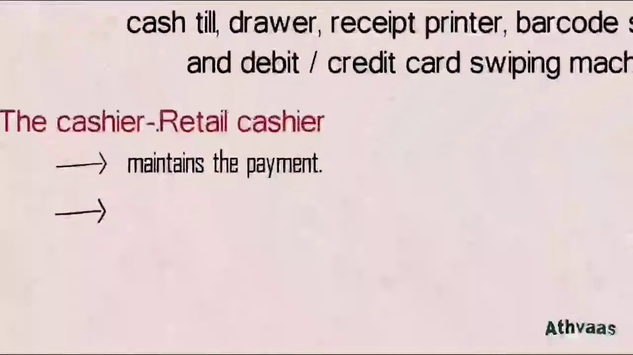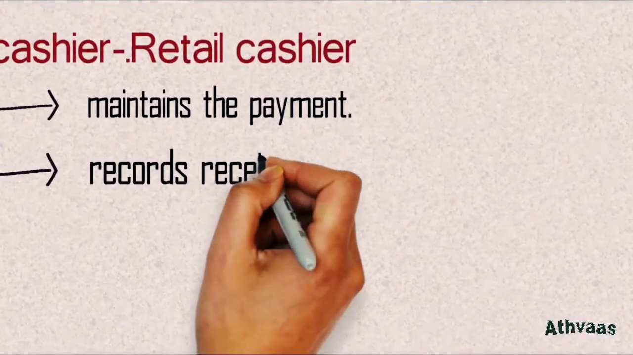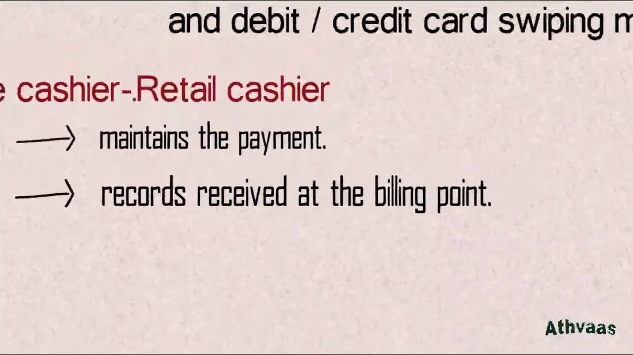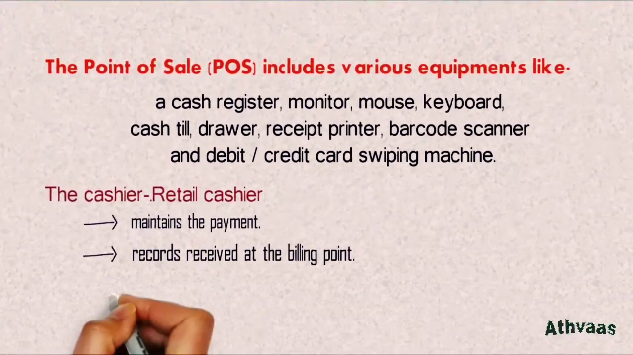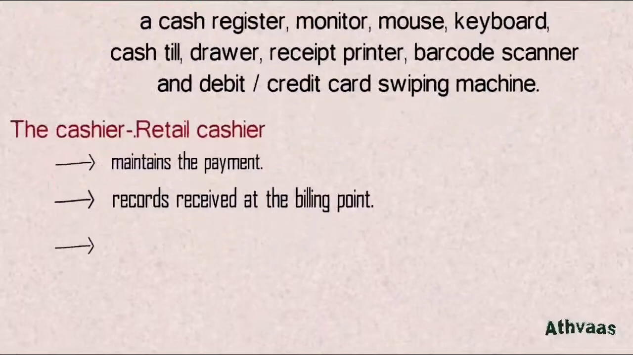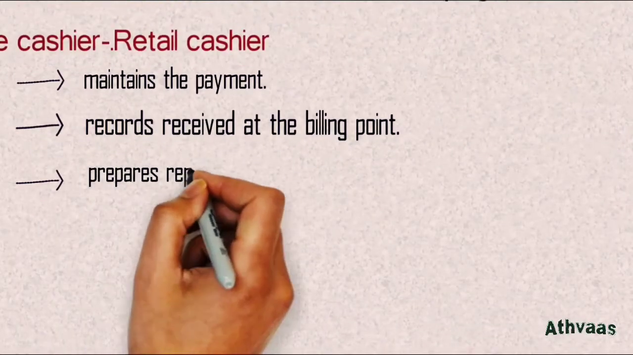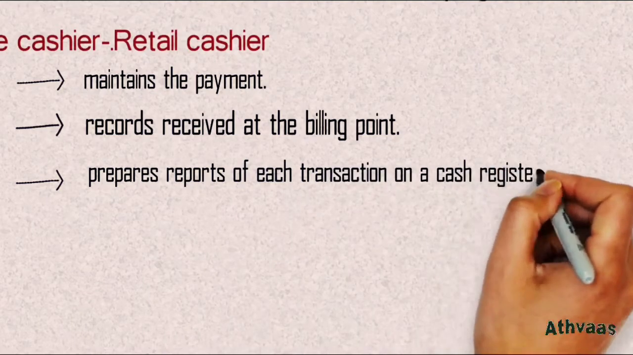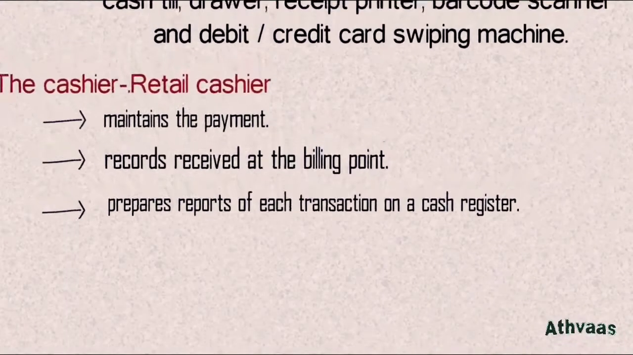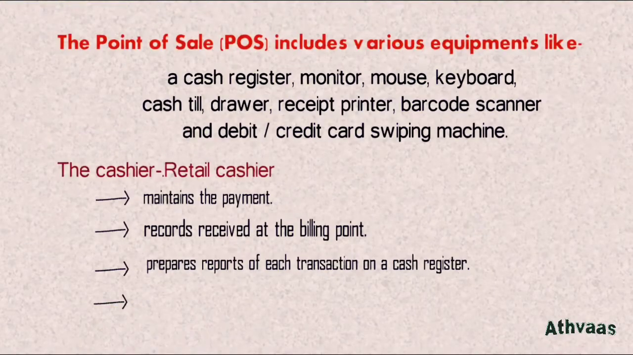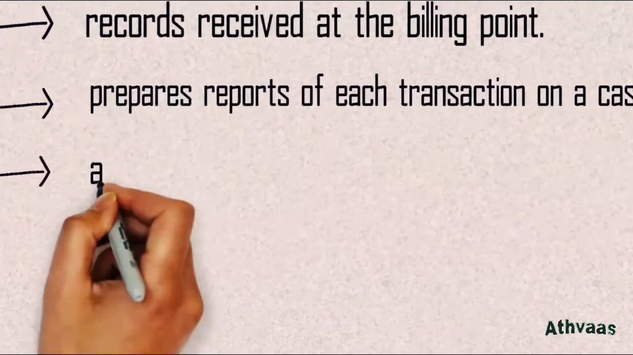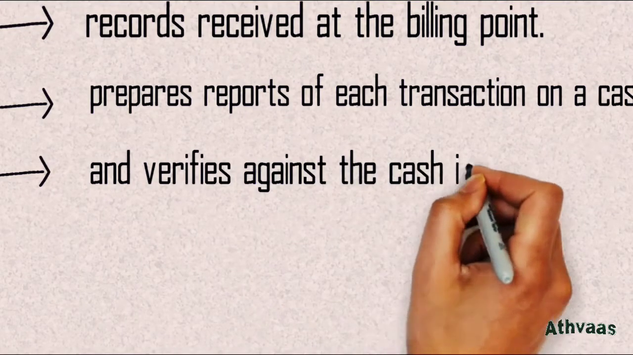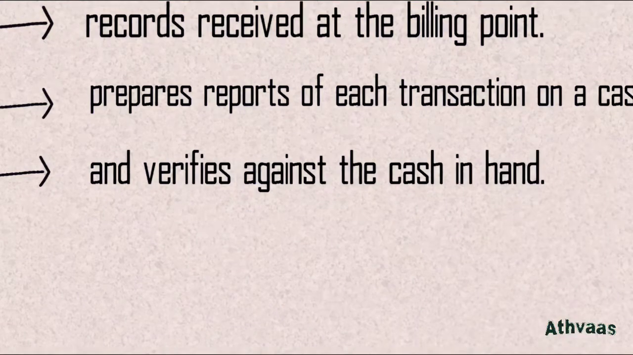The second function is that he records receipts at the billing point. All those records that happen at the billing point or POS are saved by the retail cashier. Then he prepares the reports of each transaction on a cash register. And most importantly, he verifies each transaction with the cash in hand at the end of the day to tally